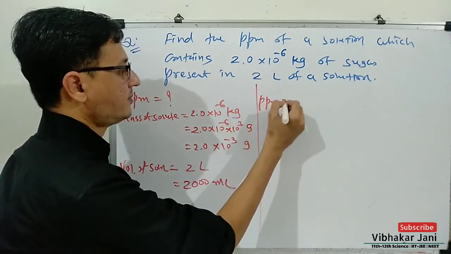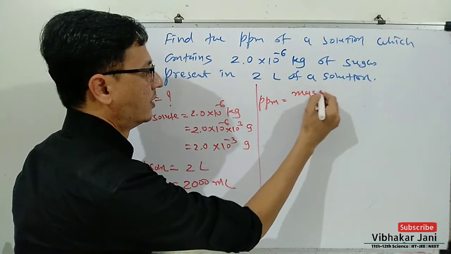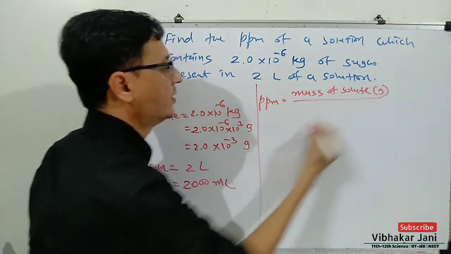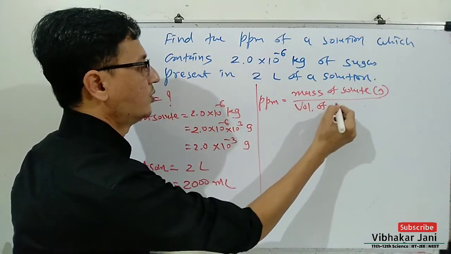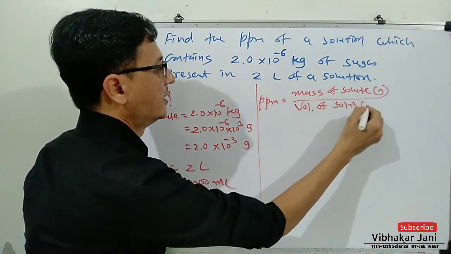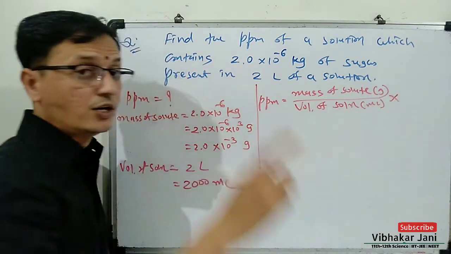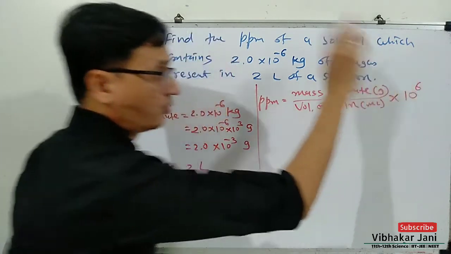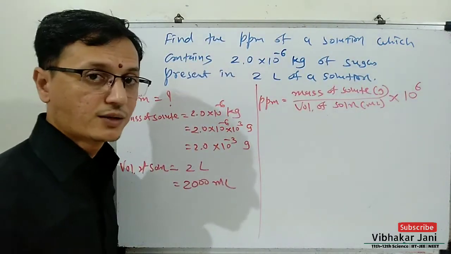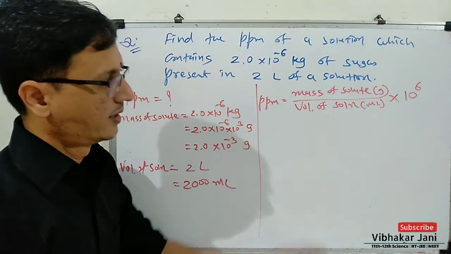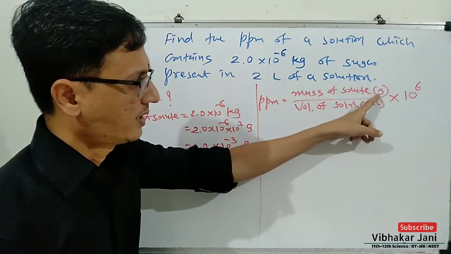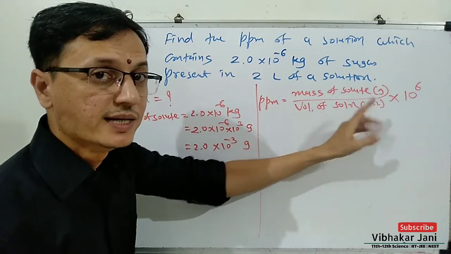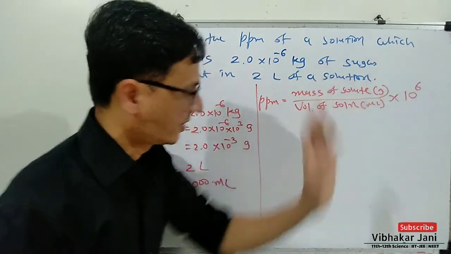Okay, now let us apply the formula. ppm is equal to mass of solute in gram upon volume of solution in milliliter, and don't forget to write 10 to the power 6 over here. જો આ ભૂલી ગયા તો દાખલાનો જવાબ ખોટો આવશે. એક વાત તો નક્કી કે in all formula mass of solute should be always in gram and volume will always be in milliliter. એ તો નક્કી જ, ખાલી આ એક યાદ રાખવાનું છે.